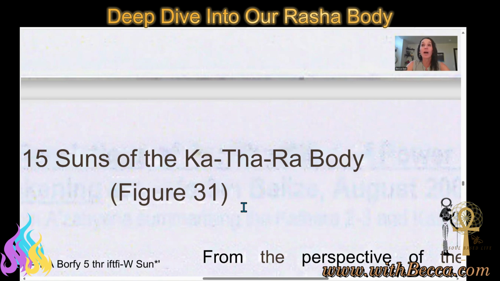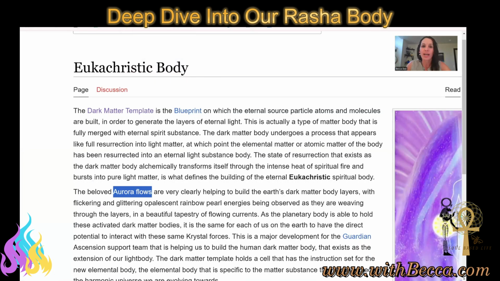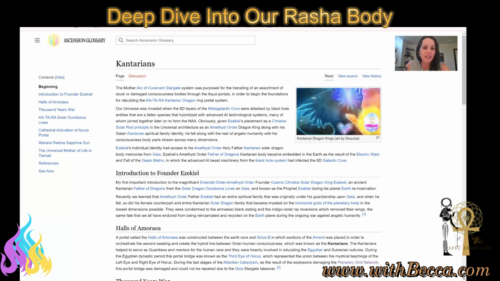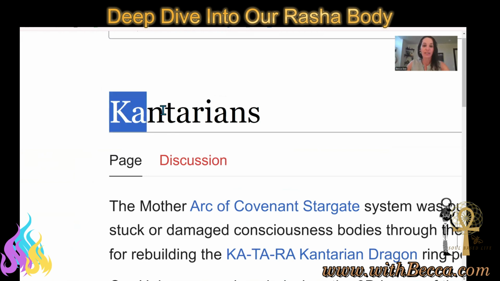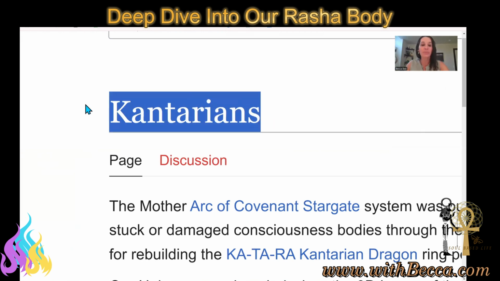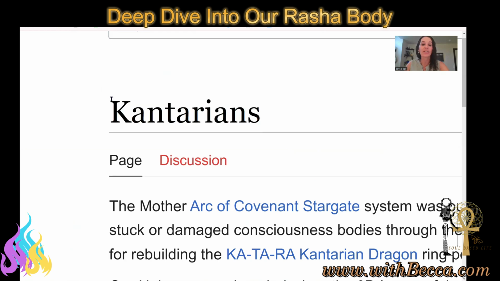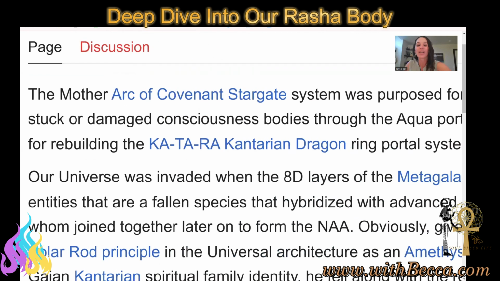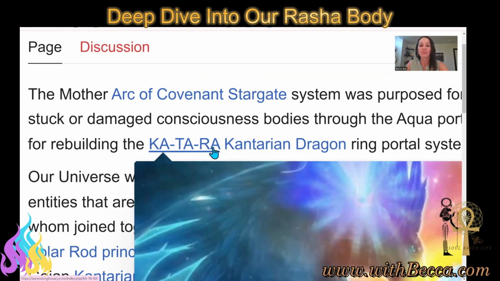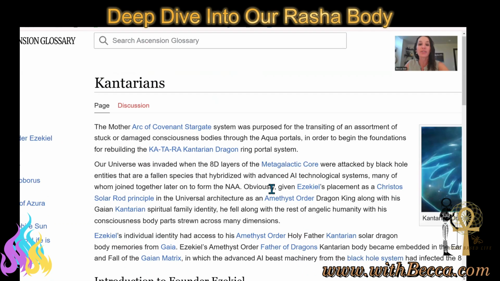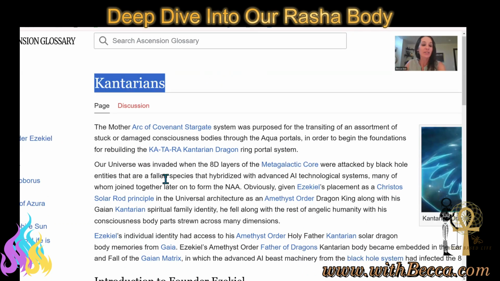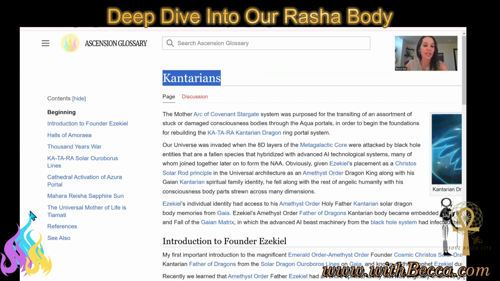So Kathara. Kathara is going to be the same as Kathara. Let me click over here really quick. And the Kathara is also going to be connected over here to the Katarians, Cantarians. Sometimes new letters get added, but it's coming from the same energy field. So the Cantarians are the Kathara right here. They are the Kathara Cantarian dragons. These are another race line of beings, another energy, but the Cantarians and the Kathara, when we really start to look at it,